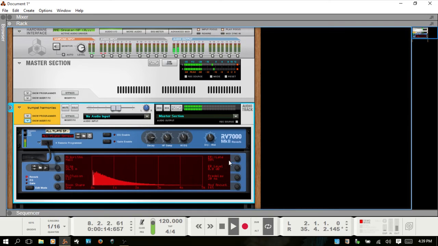So you've still got the same settings for Hall. With this one you have right delay,